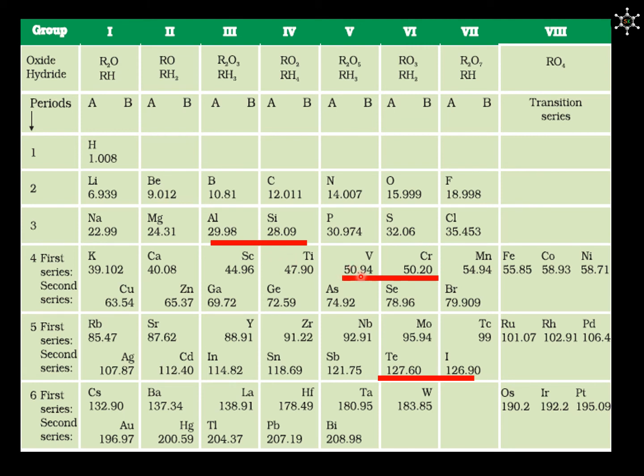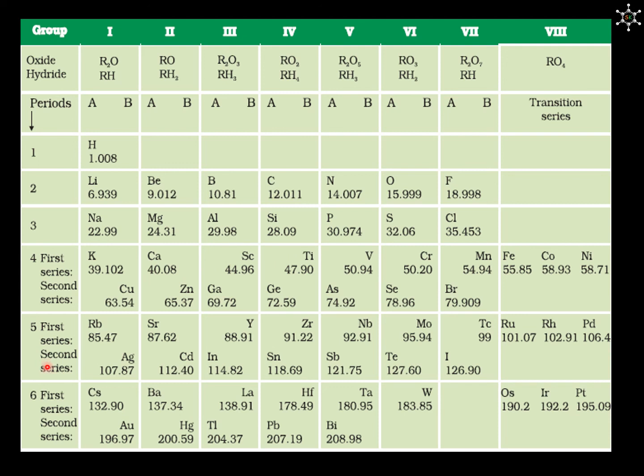We can see the same kind of arrangement even between vanadium and chromium and between tellurium and iodine. Also, observe he has left two empty spaces below aluminium and silicon for the elements which were not discovered at that time. Since this element, which was unknown at that time, is one place below aluminium, he called this element Eka aluminium. Similarly, this is Eka silicon. Today we know Eka aluminium is nothing but gallium and Eka silicon is nothing but germanium.